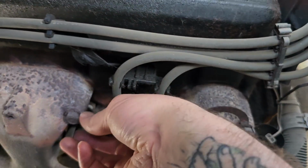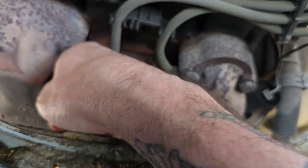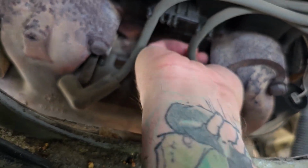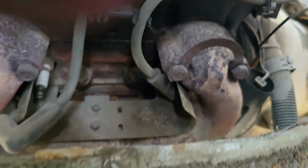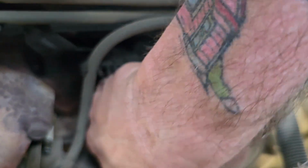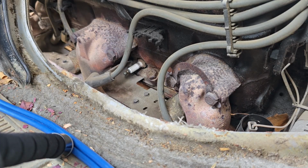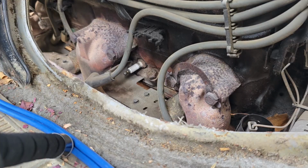All right, let's get the boots off. Make sure that the engine's cold when you do this. Good gravy, quite the burns. Oh, I got a busted thumb on my left hand, so I can't really grab that too easily. How about, oh, wiggle, wiggle. There she goes. Okay, now for this one, I'm gonna use a 5/8 spark plug socket, which is strange because